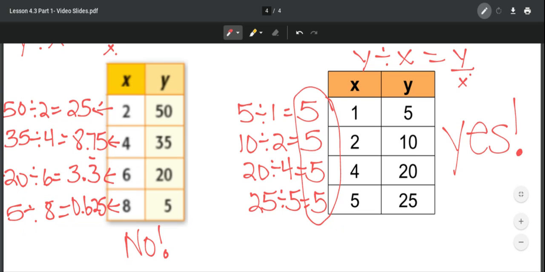What is the unit rate? Well, the unit rate is y over x, or 5 over 1. And because it's already